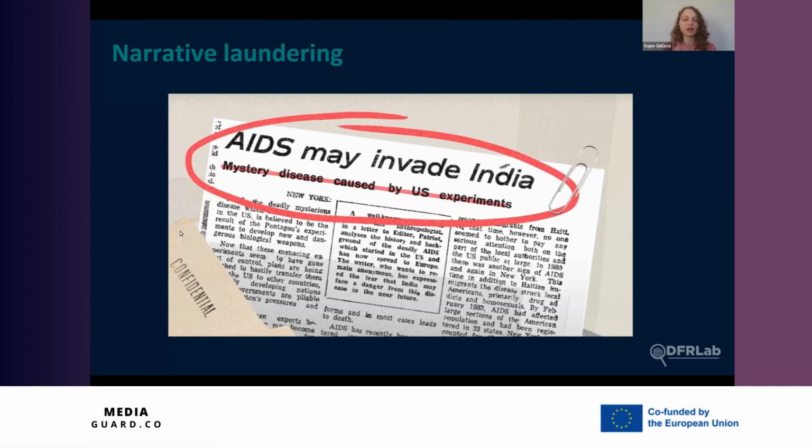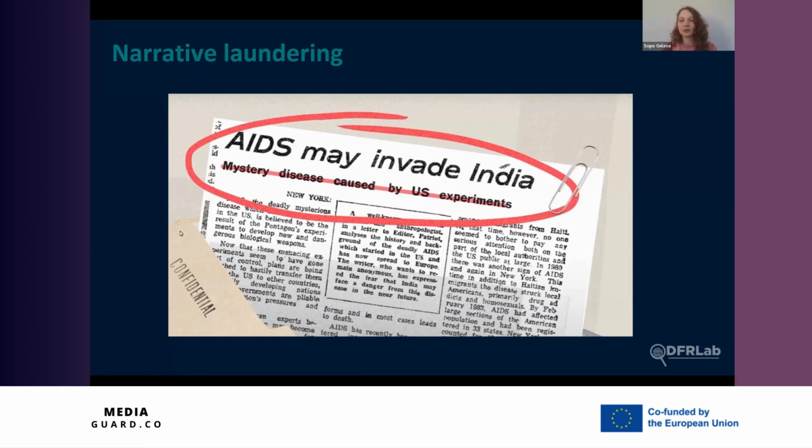That was the article. And then it took several years before it was proliferated in Western audiences. Then we saw that German doctors or researchers were also involved in the amplification of this narrative, and we can recall some fake doctors and fake doctor experts when they were saying some crazy stuff about COVID-19 and vaccines. So this method of using talking heads and experts is also not a new tactic. And then several years later, it appeared in the mainstream media in the US. So that meant a lot of proliferation of the narrative.